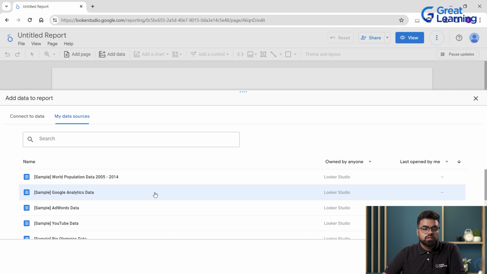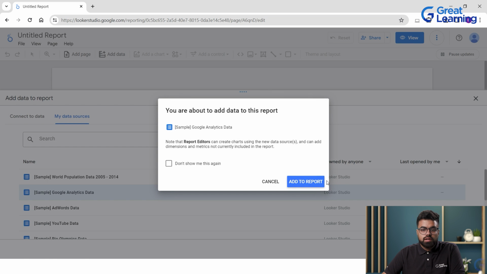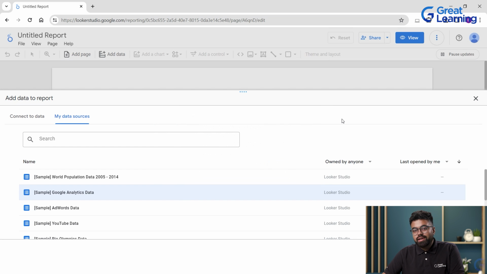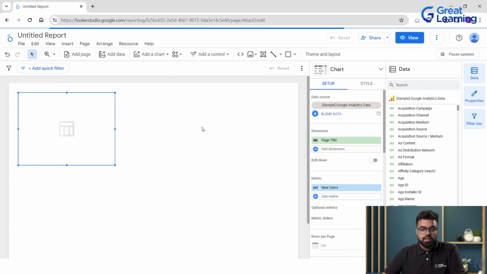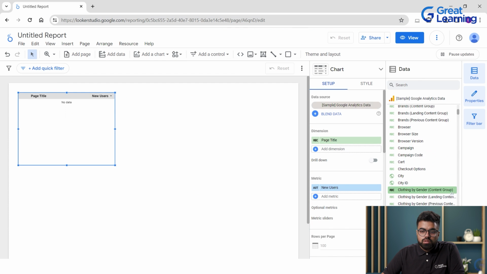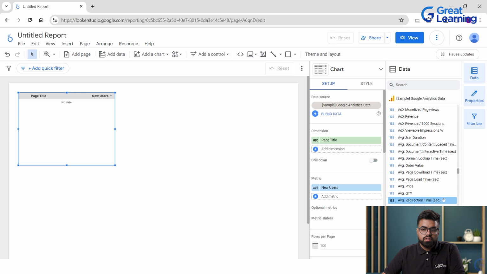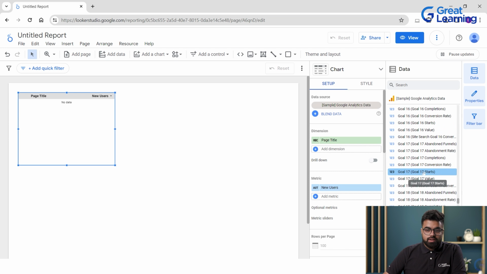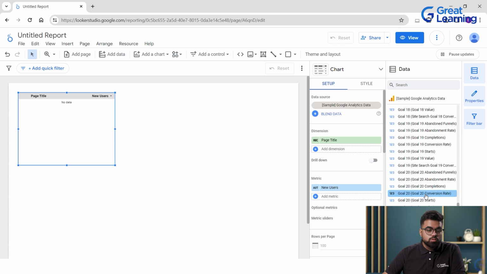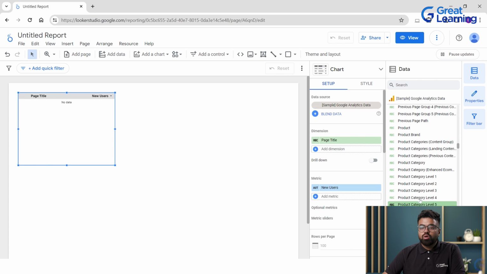Okay, so let's just take the sample data over here. I'll click on add, right? Again, it asks me if I want to add this to the report or not. So I would say yes, right? So yeah, you have a ton of different things that you can look forward to. Now, again, you'll be working in a team, right? You do not individually have to create a lot of different sort of